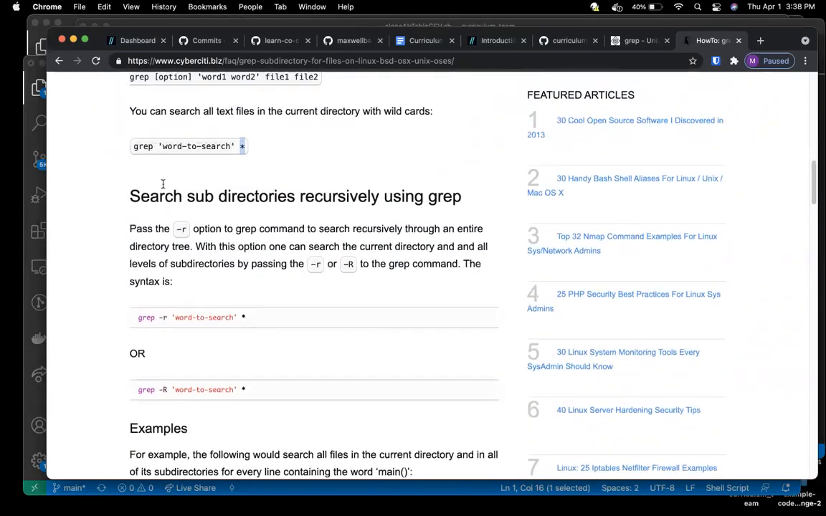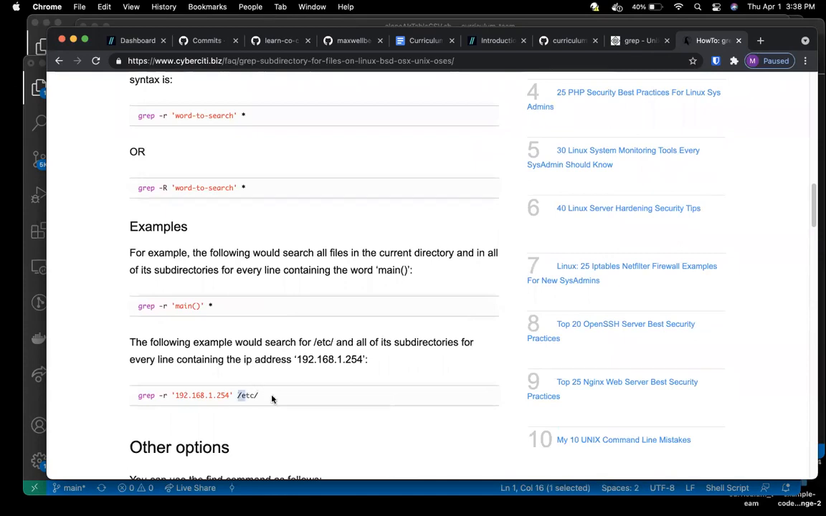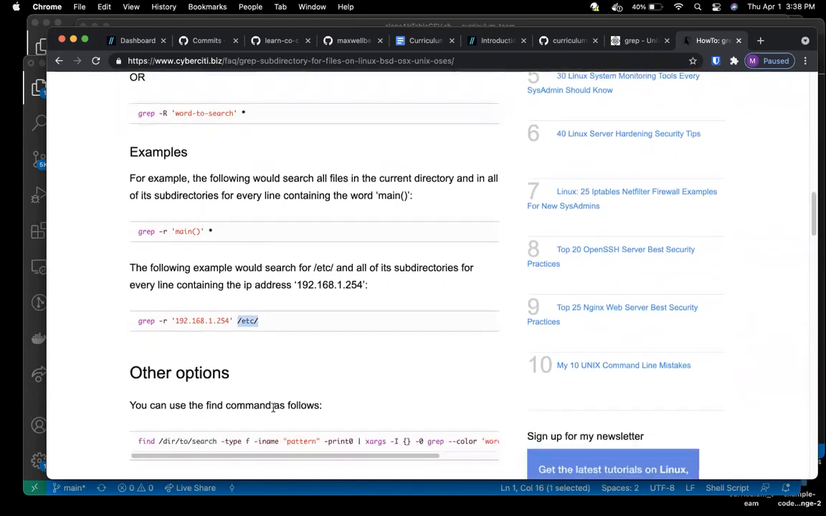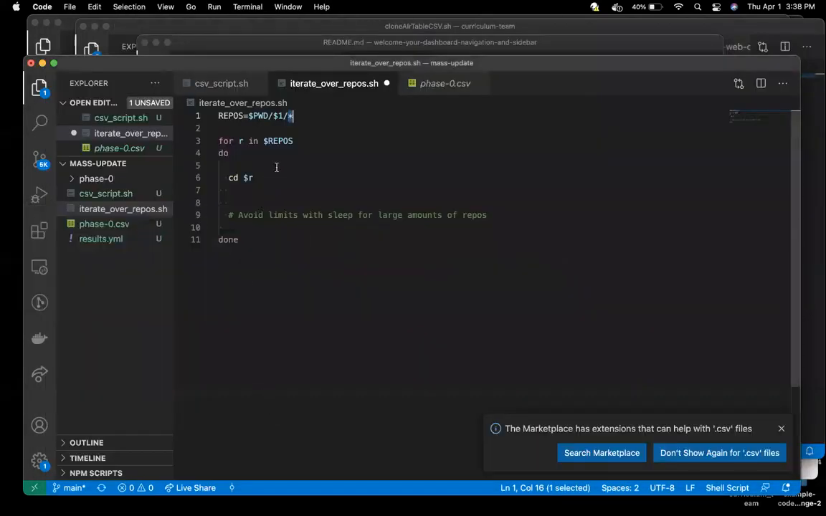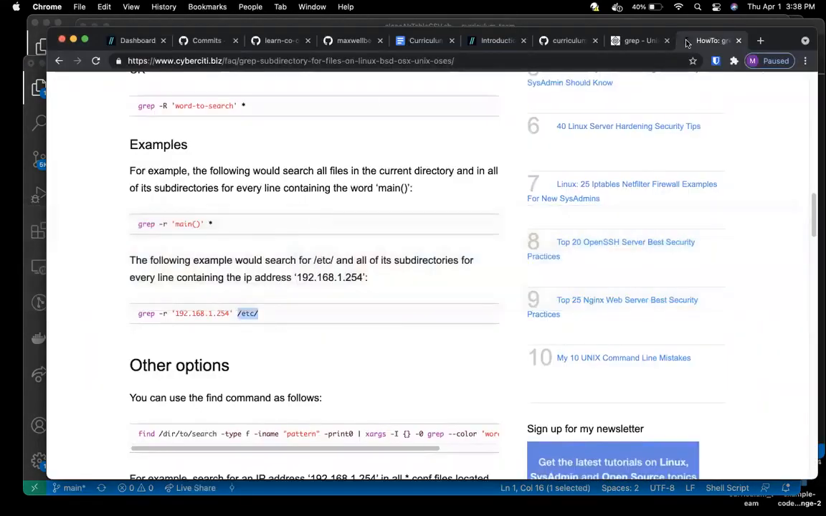So in this case, it's just grep and then the string you want to search, and then -r to search recursively from where you are, and star for everything. And I guess you can provide a specific folder too if you want to search somewhere in particular. But this is helpful for us, like for instance,